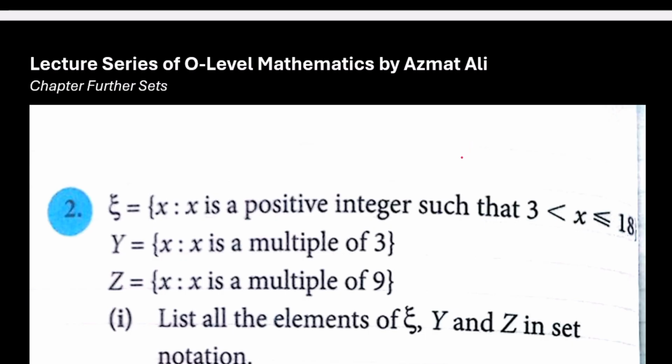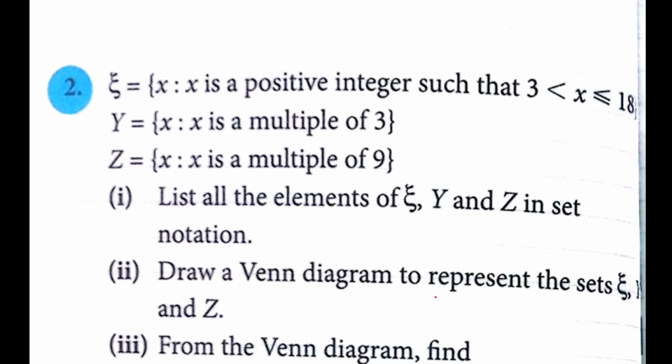In today's lecture, we will discuss how to represent the given sets on a Venn diagram, their union, their intersection and complement also. But now you will see here one set, that is Z, is a proper subset of Y. So the question says here